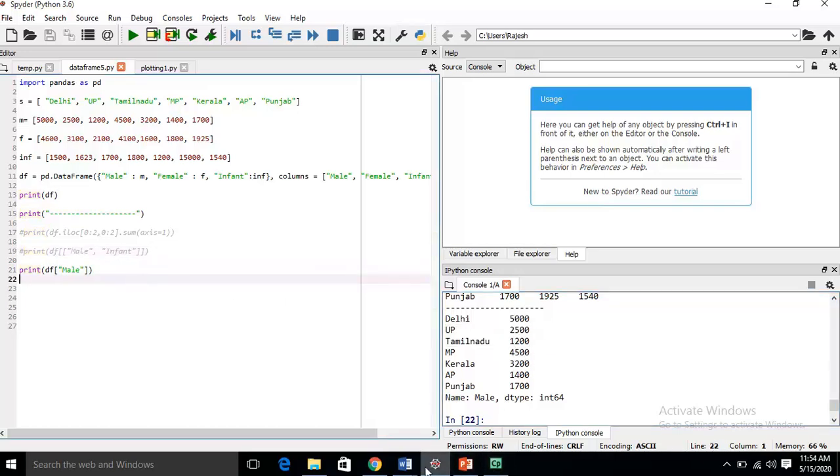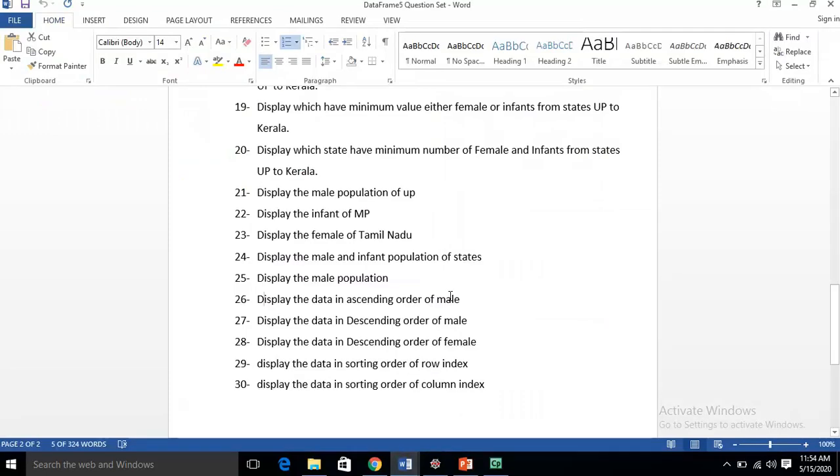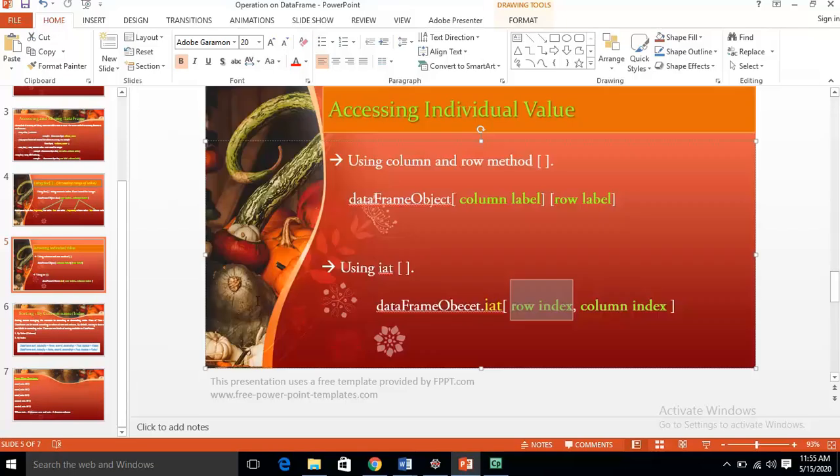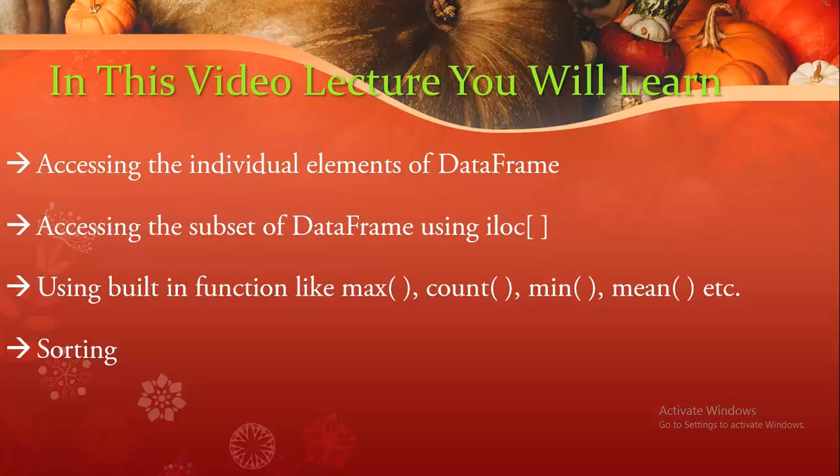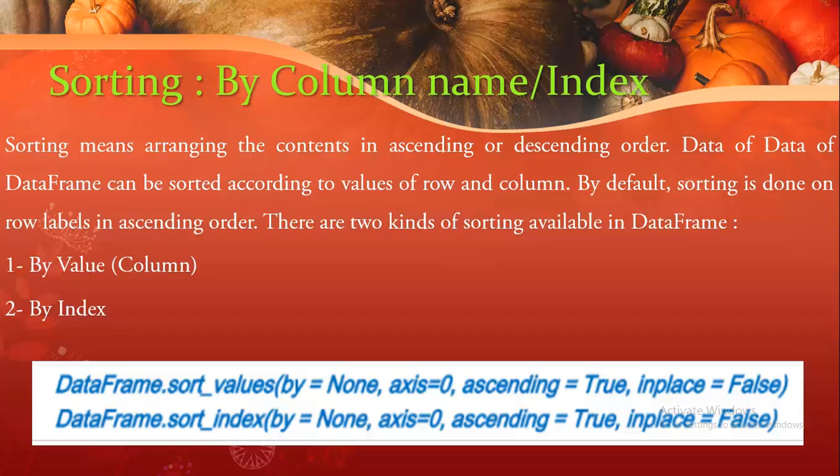Now the next question is: display the data in ascending order of male. When you have to arrange the data in ascending or descending order, we have to do sorting. In pandas, for sorting, we have a function. We can perform sorting in two ways: sort by value and sort by index.